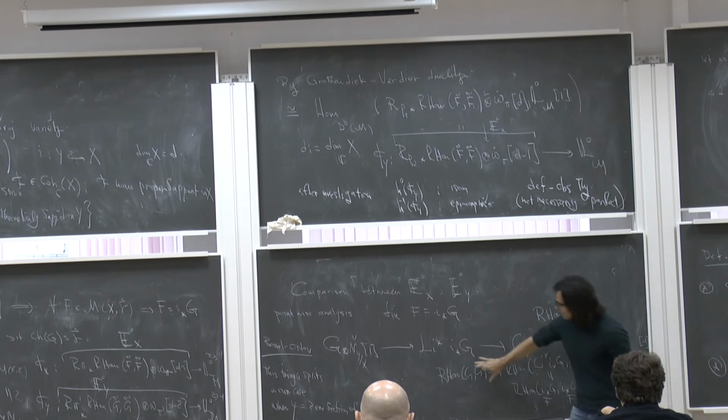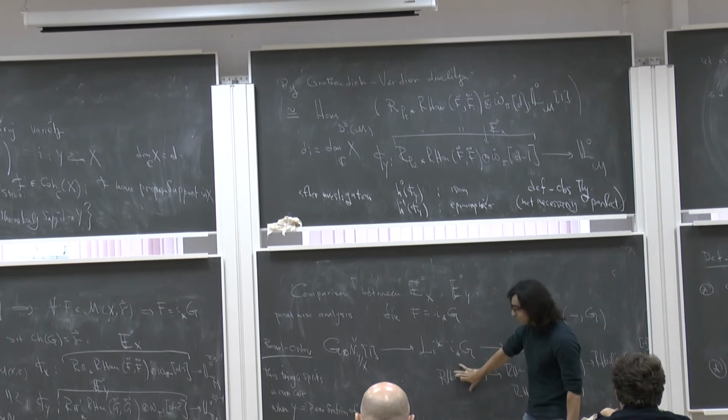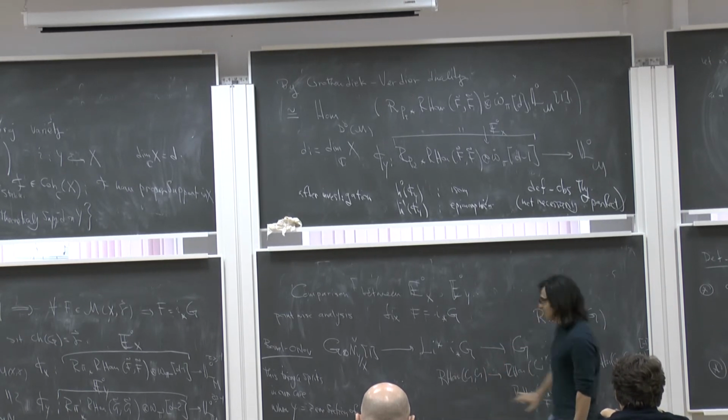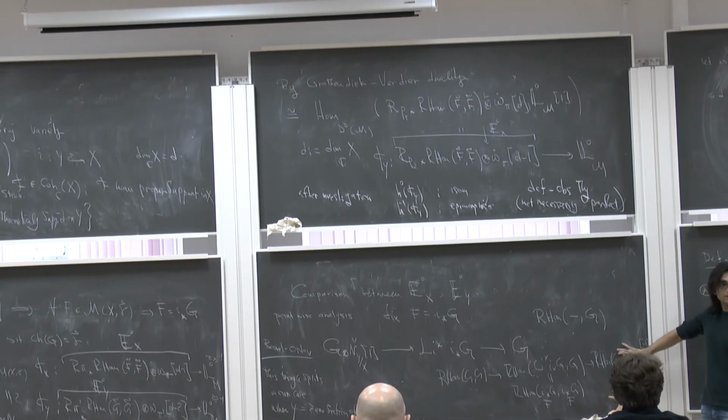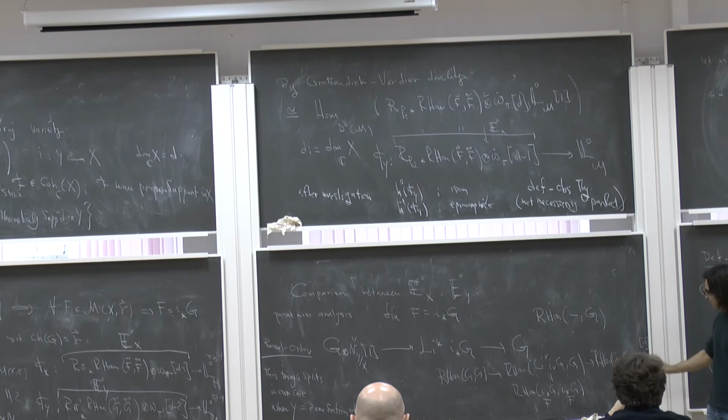The object on the left-hand side sees the deformations and obstructions of those things as OY modules. And the object on the right basically sees the discrepancy of the two, which is caused by deformation of